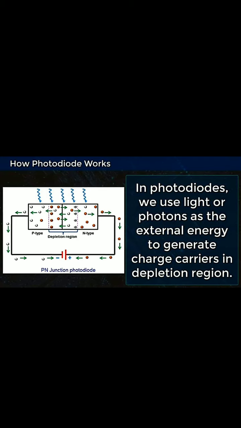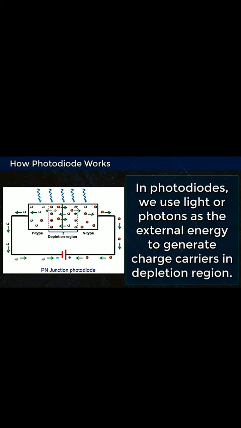The magnitude of this photocurrent depends on the intensity of the incident light. If more light energy is incident on the depletion layer, more photocurrent will be generated, because more free charge carriers, electrons and holes, are generated. If more charge carriers are generated, then the amount of photocurrent also increases. I hope it is clear how this photocurrent is generated.